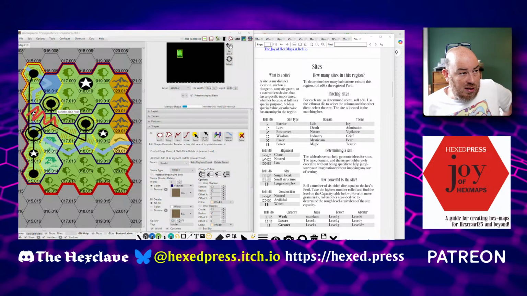So maybe we were to say that these two were not in the same culture, but they were different cultures, then this area in between, that would be a conflict zone. And if you're looking at things happening, battles, strife, stuff like that, these would be the hexes where those would be happening. So I think there's a lot we can do in looking at this gravity,